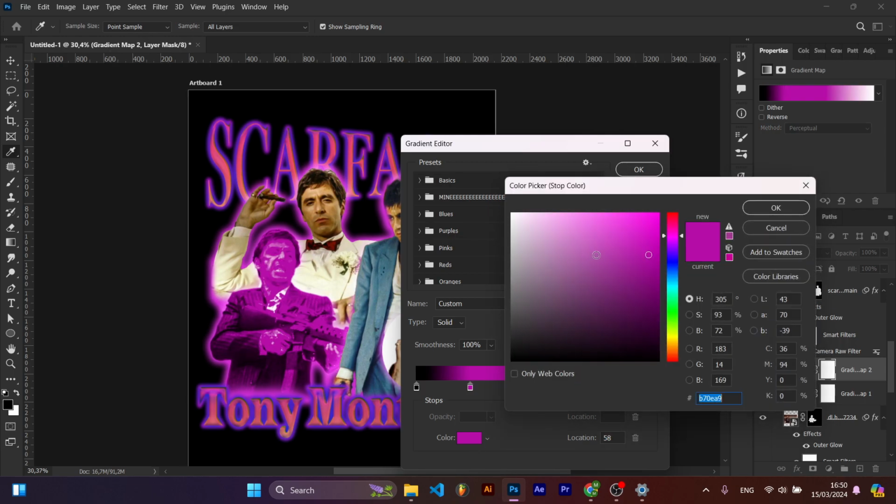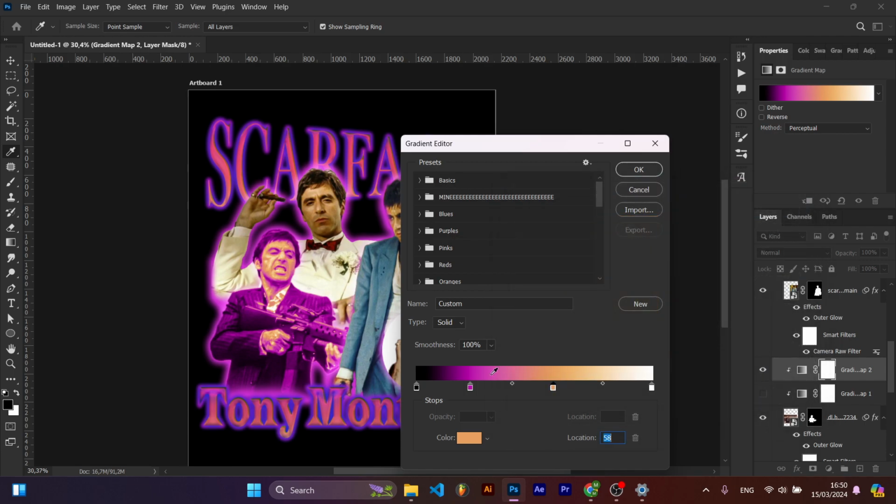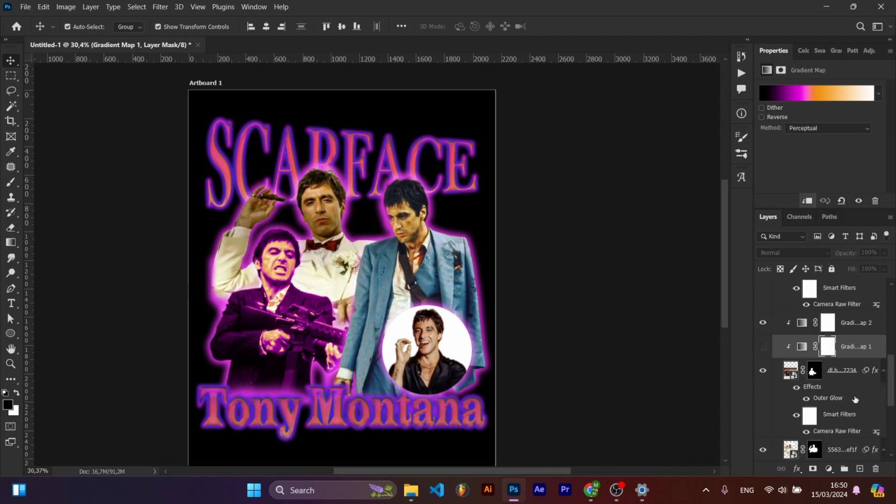So basically, the left of the gradient map is for the darker color, and the right is for the lighter color. And I go with a pinkish and yellowish color, like this: a darker pink color and a light yellow color. Then press